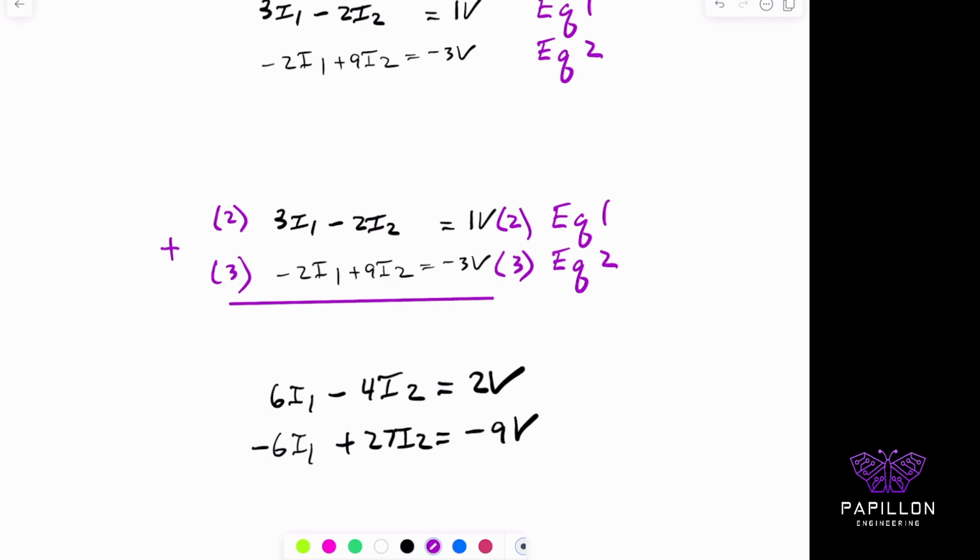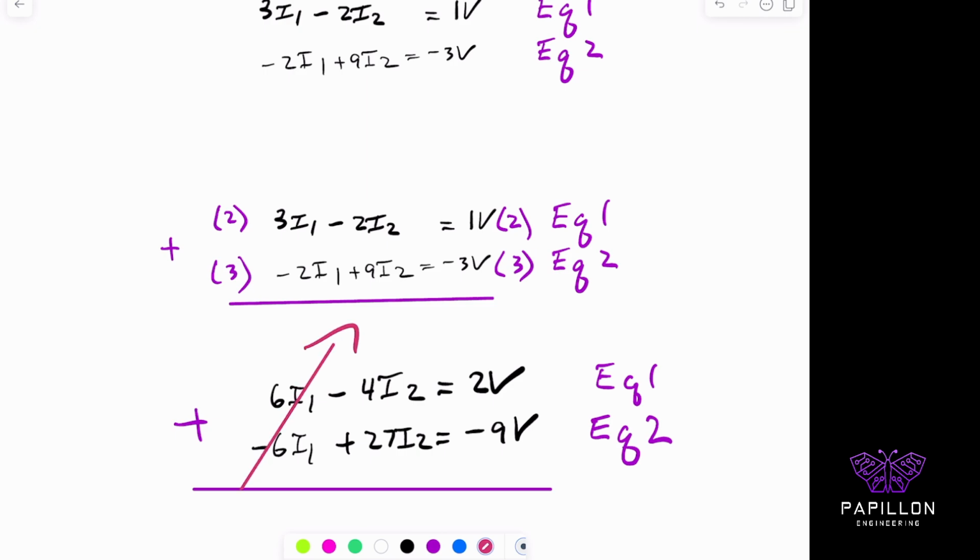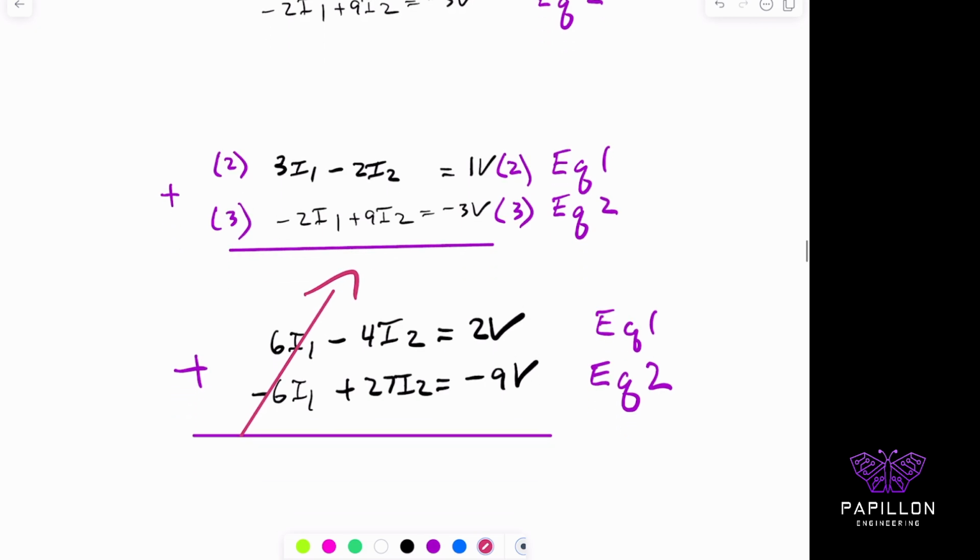Okay, so just like that, we're able to set our equation up to hopefully simplify it. If I combine them, my I1 term drops out. I combine 6I1 plus negative 6I1, that creates a 0, right? And then I'm going to have here 0 minus